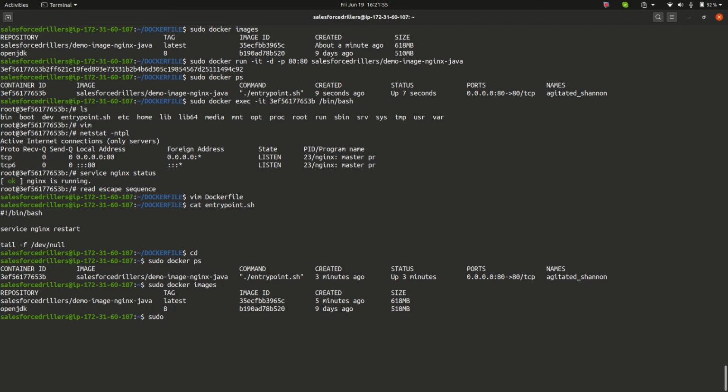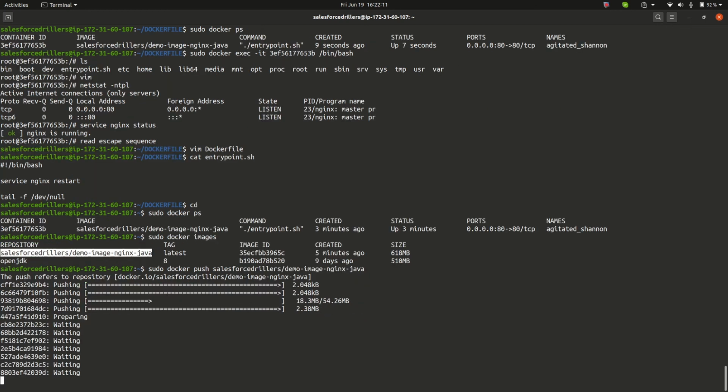So we will write sudo docker push, then our image name. And for pulling, we have used sudo docker pull, then the image name, as we did in our previous video. So now let us try to push it. So yes, it is showing that it has started pushing our image.